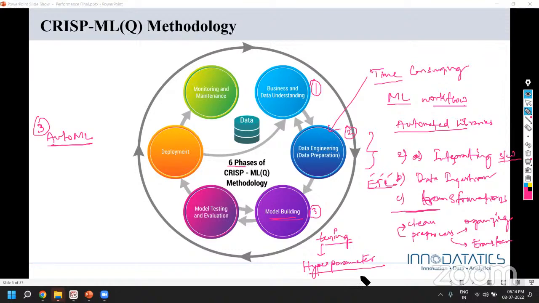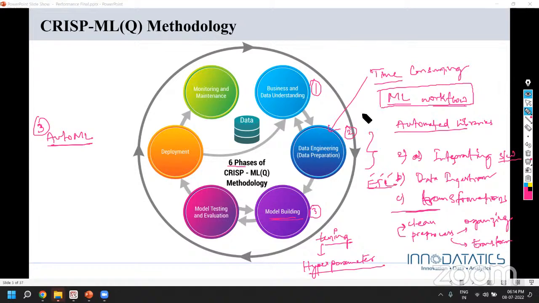Hyperparameter tuning techniques. There are many approaches, many options that we can try out. And this is also something that we try to automate. And the machine learning workflow is tending towards the automation area. So we also tried to develop the entire ML application workflow using these automated tools.